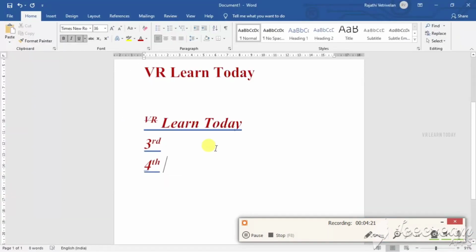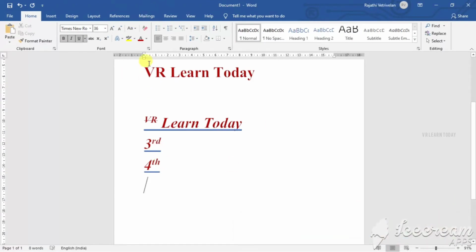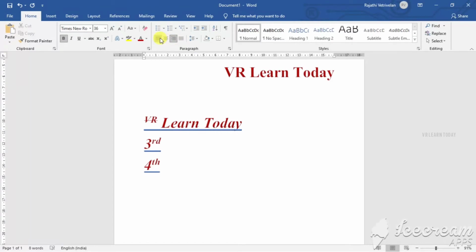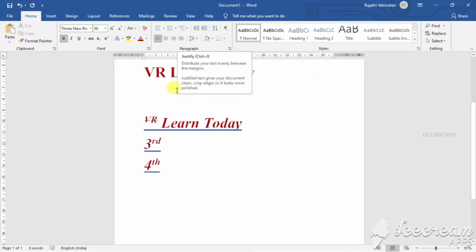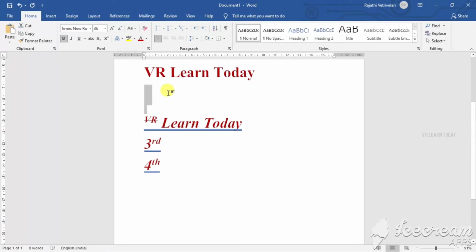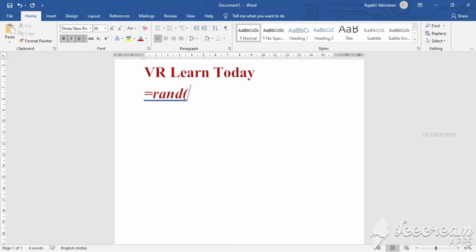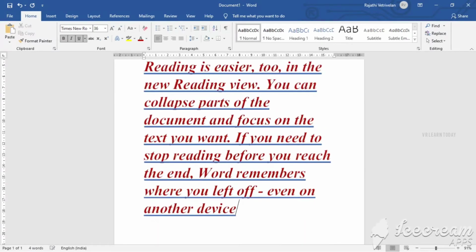Okay, and then text alignment. It's nothing but left, right, justify and center. Just select this one, or you have to place the cursor. This is center alignment, this is right alignment, and this is left alignment. If you want to be clear about justify, wait, I will type here.